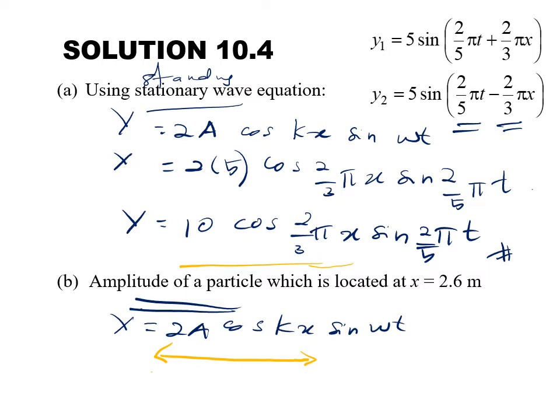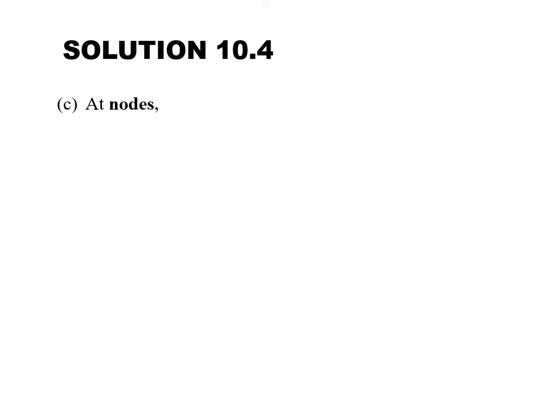So you will get 10 cos, our k is 2/3 pi times 2.6 meters. Okay, then you will get 6.69 meters. Alright,